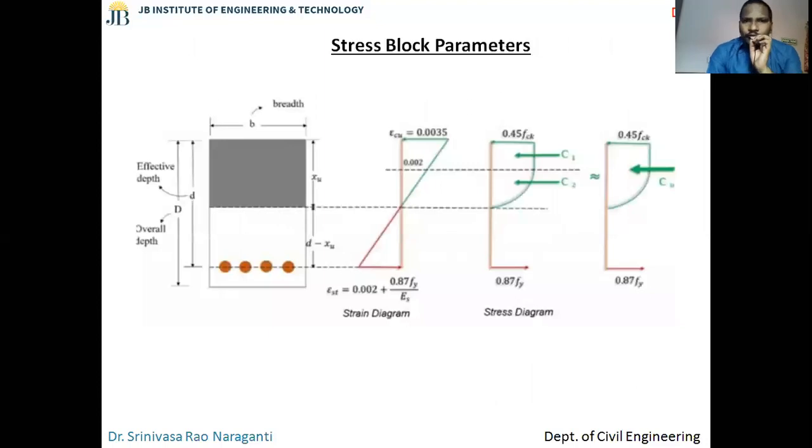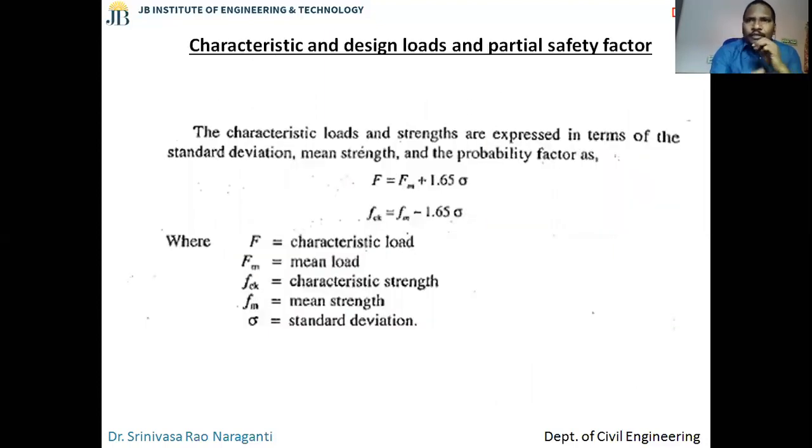Okay, guys, so far what we discussed was basically stress and strain for concrete and steel. Then we discussed what is partial safety factor, what is the meaning of characteristic strength, then how to find out characteristic strength for steel and concrete, and why we have different values of partial safety factors. Is this clear to you so far?